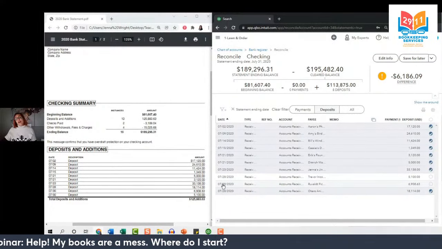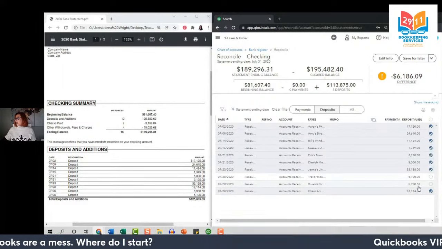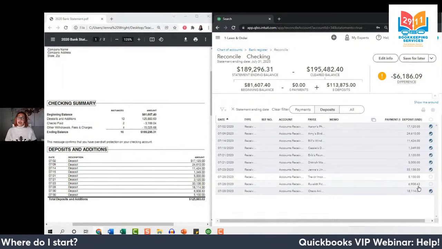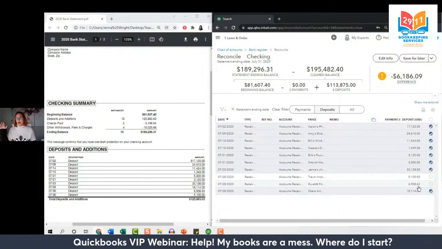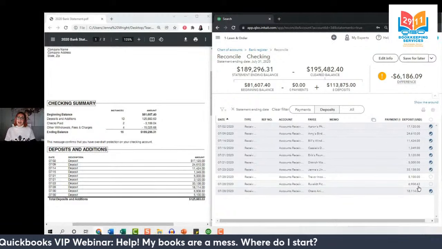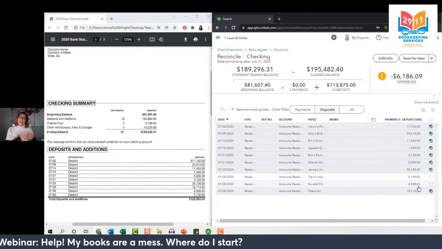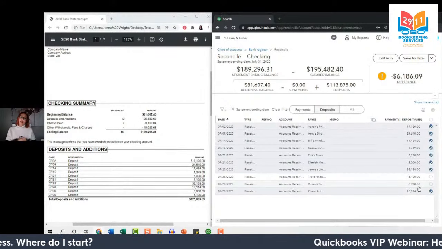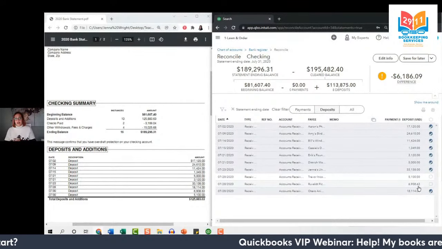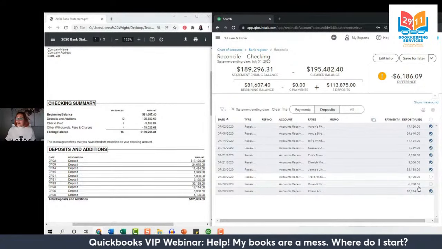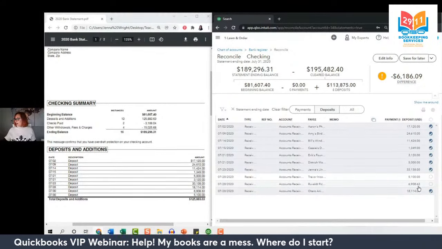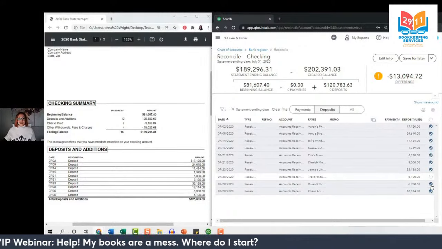And I've got that recorded in QuickBooks on July 28th. And I want to point this out because as you're reconciling, the date should line up exactly. But it's very common you might have a scenario where you've recorded a transaction in QuickBooks and then it takes a couple of days in the bank to clear. So as long as the dates are relatively around the same time and all of the other info matches up, then that date discrepancy is okay. Usually the clear date is a bit later anyway. So let's click to reconcile it.